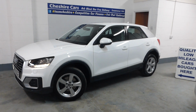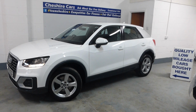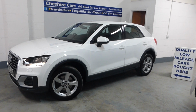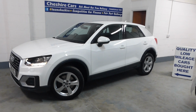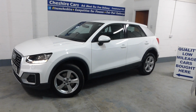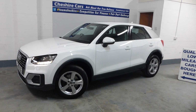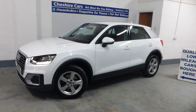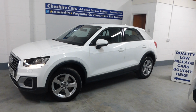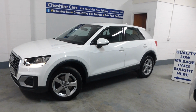13,166 miles, 17 on a 67 plate Audi Q2, 1.4 cylinder on demand petrol TFSI engine, 6-speed gearbox with navigation and cruise control with speed limiter. These beautiful sport alloy wheels, copious amounts of body styling, really nice design lines in the panels, a simply stunning car which I was very lucky to have been recommended to the private owner who'd owned the car from 28